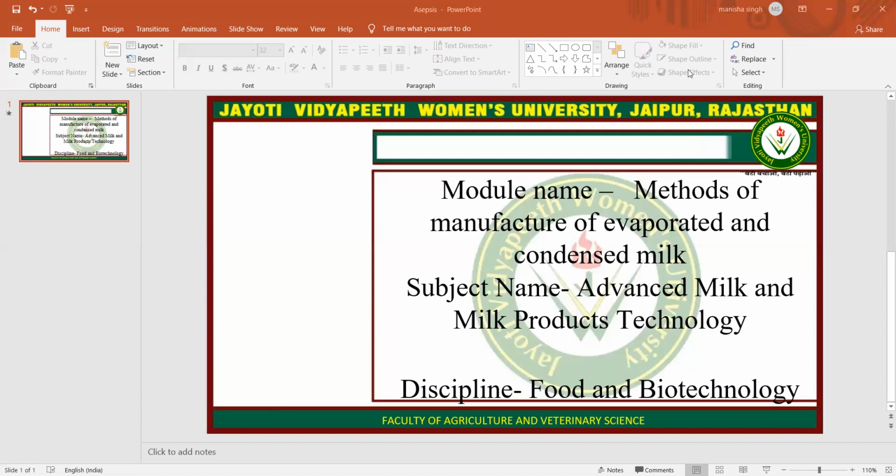The sample cans containing varying amounts of stabilizer solution and the evaporated milk are sterilized at 117 degrees Celsius for 15 minutes and then cooled to 24 degrees Celsius. After cooling, the cans are opened, examined for smoothness and color, and tested for viscosity. If the desired viscosity is not achieved, stability corrections need to be made.